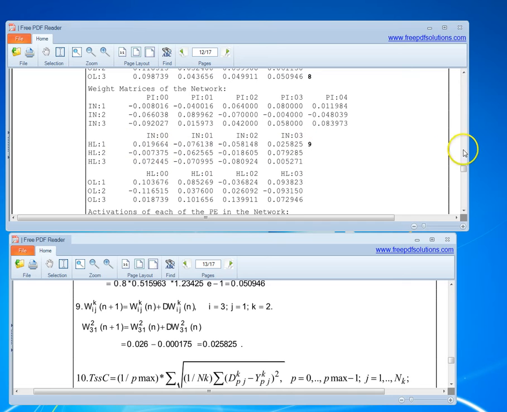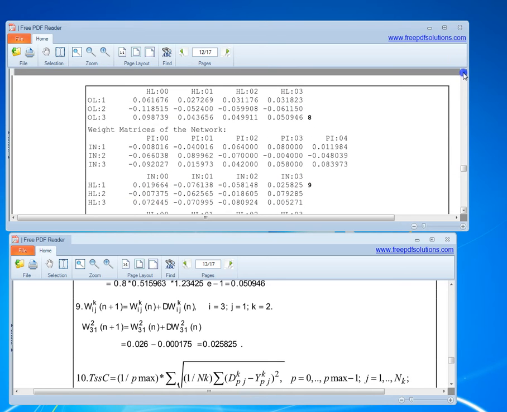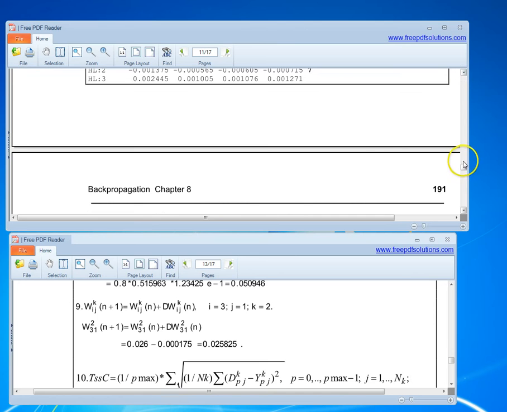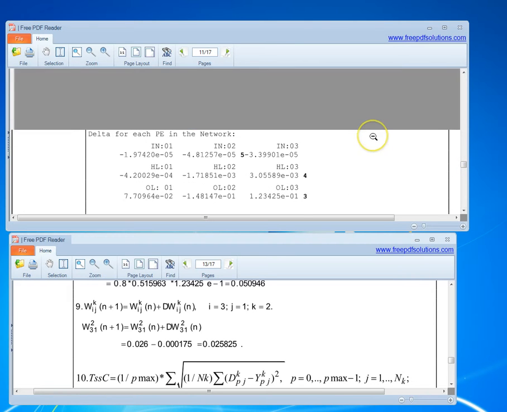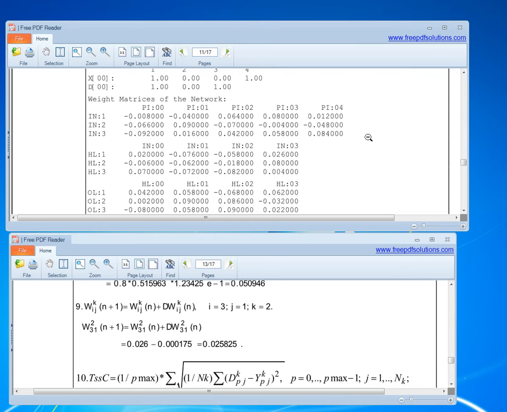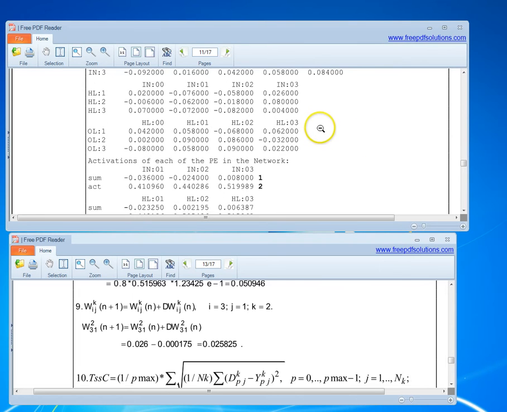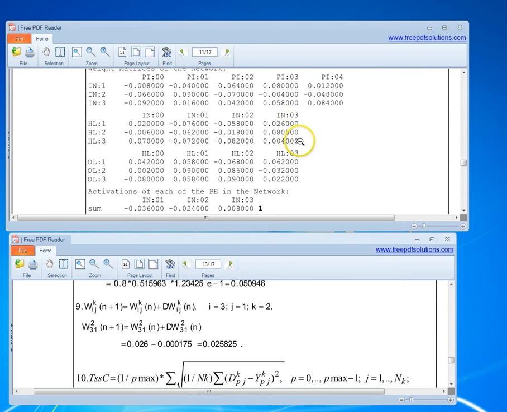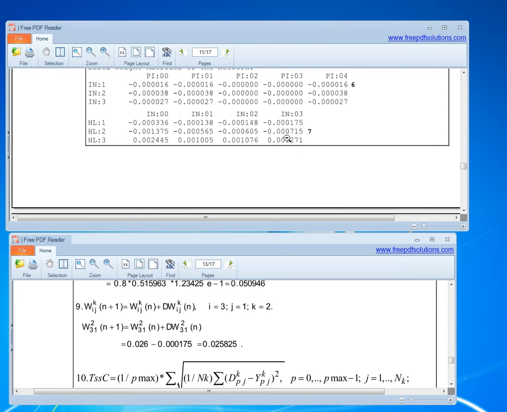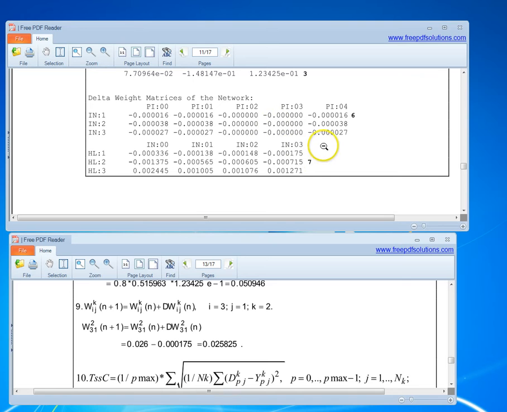So if you write it down, the in 3 to HL1, this is the original weight matrix from in 3 to HL1, that is originally 0.026, that is the original weight, and the weight change is the delta weight matrix from in 3